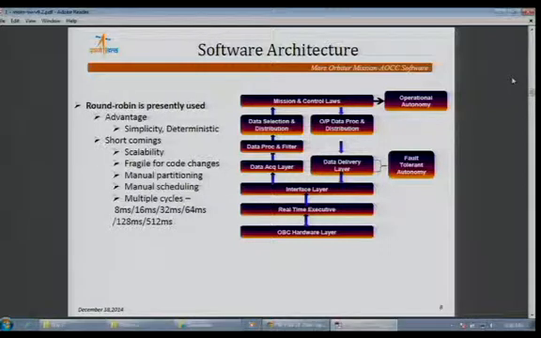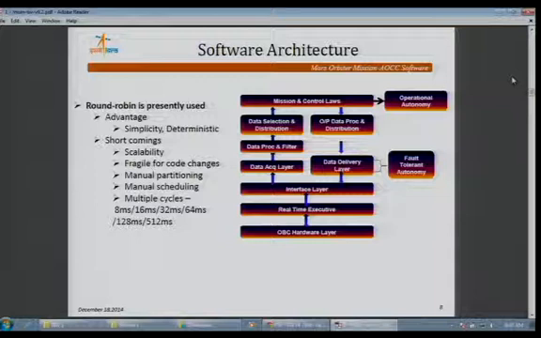The input data are going through the input data acquisition layer and data processing and filter, and the outputs, similarly, there is a data delivery layer, and all outside there is autonomy and mission control logs. And the major advantage of the round-robin scheduling is the simplicity and determinism, where we have full control over the software. And of course, the shortcoming is that scalability is slightly difficult, but it is being done.